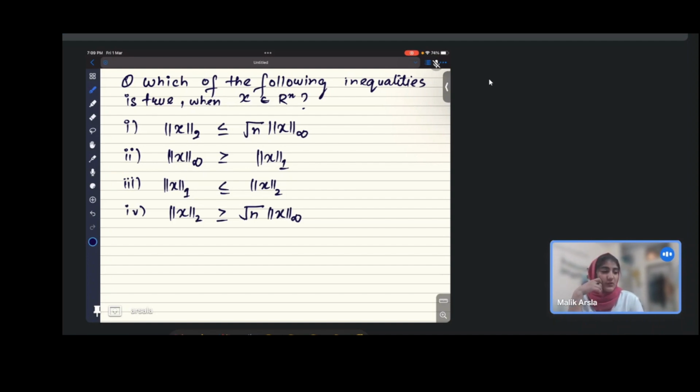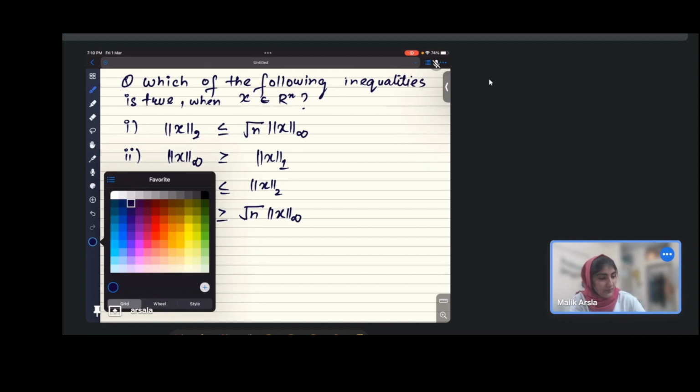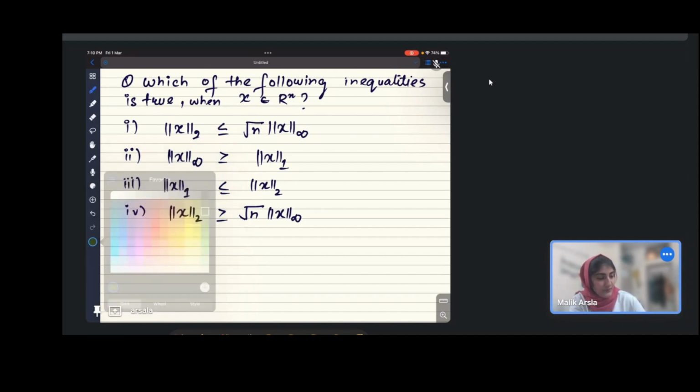You have gone through this content during the week. The norm of 2 is less than or equal to root 10. Yeah, this one holds true. So we will check each of them one by one and we will see which one is correct. For the first one,